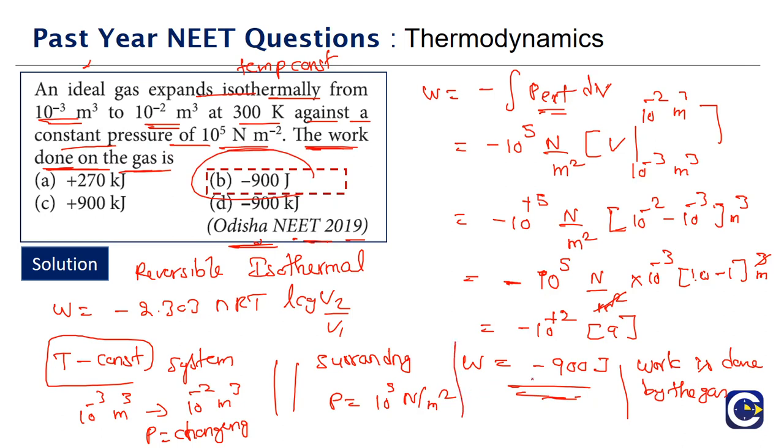So if we are getting W negative coming in, what does it mean? Always in our thermodynamics convention, this much 900 joules of work is done by the gas. That's why W is coming as negative. Okay. But in the question statement, they are asking what is the work done on the gas. So work done on the gas means we have to express it as minus 900.